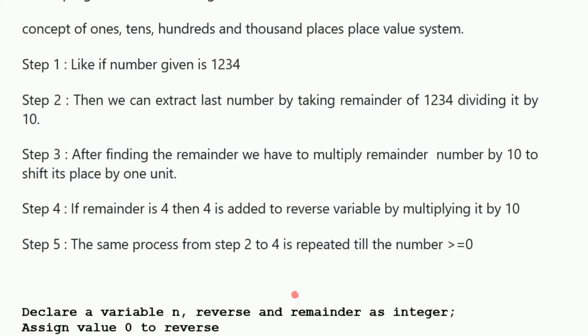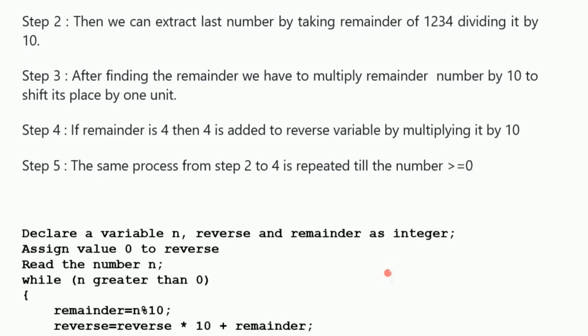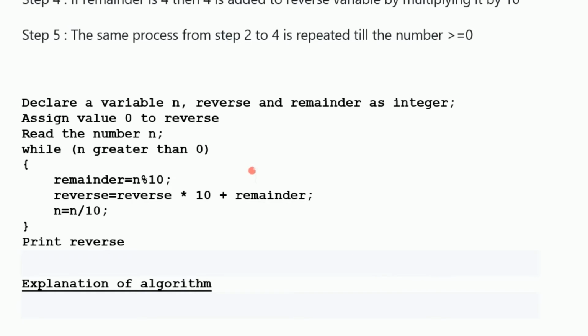Then the same process from step 2 to 4 we repeat while the number is greater than 0. For example, we can see here, we declare the variables n, reverse and remainder as integers. Assign value 0 to reverse: reverse equal to 0. Read the number n; we input the number n, maybe by using scanf. While n is greater than 0,